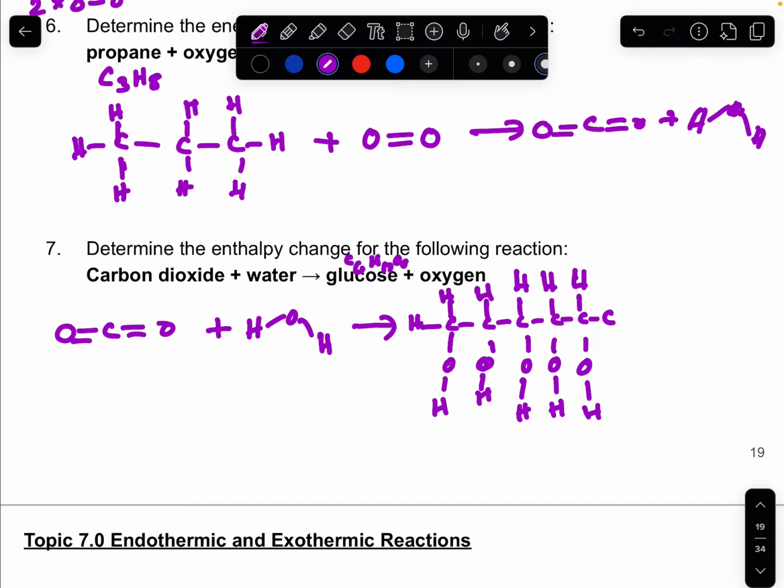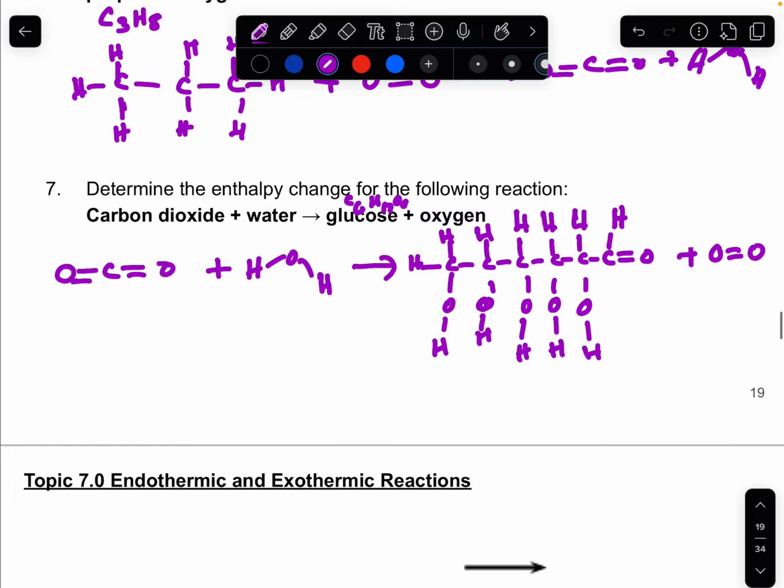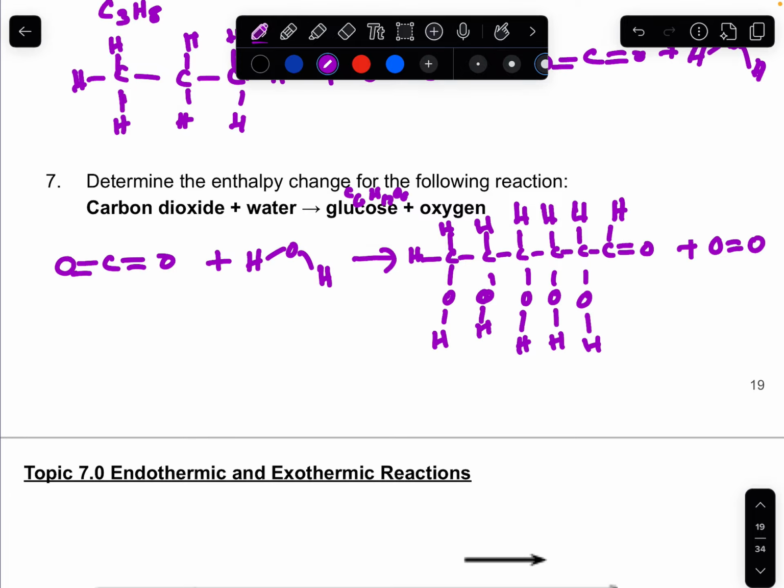HOH. Okay, so there is 5 oxygen, and how many hydrogen? 3, 6, 10, 11. There we have one more oxygen, one more hydrogen and one more oxygen. So that is the actual structure for glucose, plus O2, which is O double bond O. Okay, so remember here there is